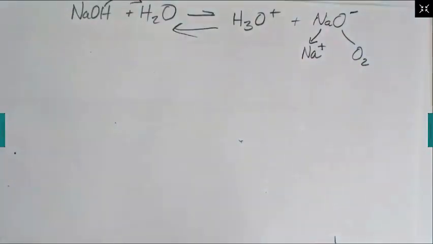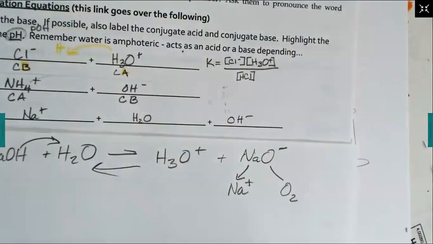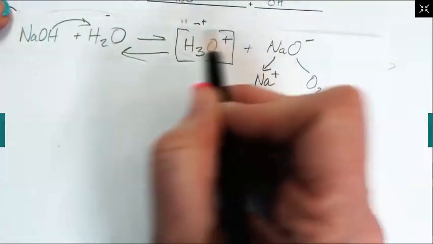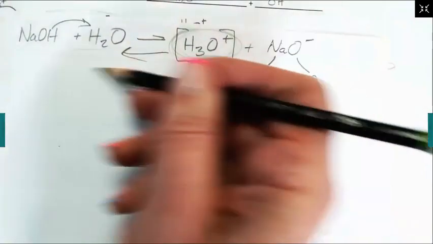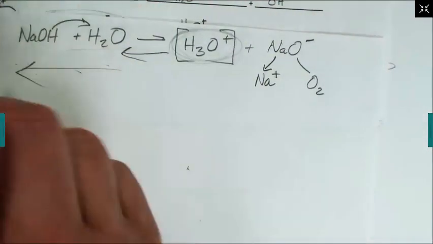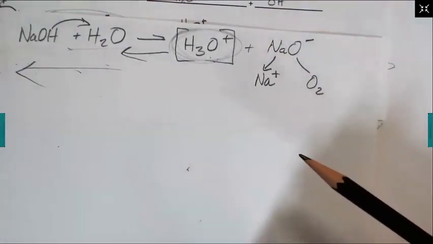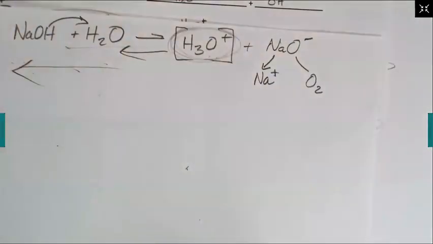So it's really what is actually favored? And remember, how are we going to find out what's favored? By calculating that K. Is it going to lean to the right? Is it going to lean to the left? If we don't get a high molarity of this concentration, then that's not what's happening. It's all going to come together. Just hang on. I know it feels all icky.